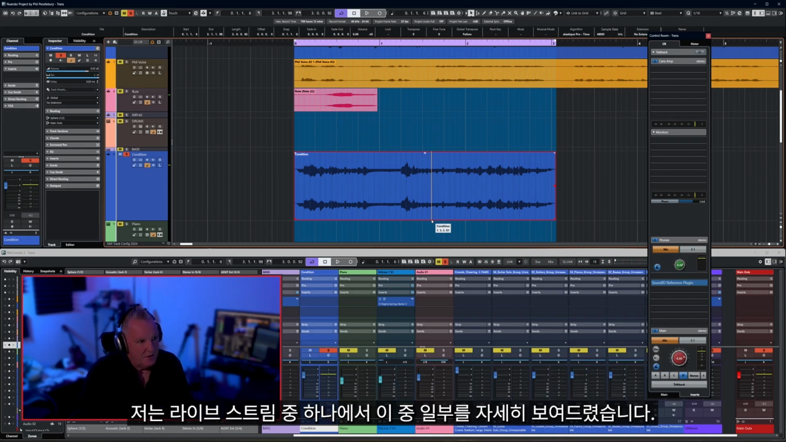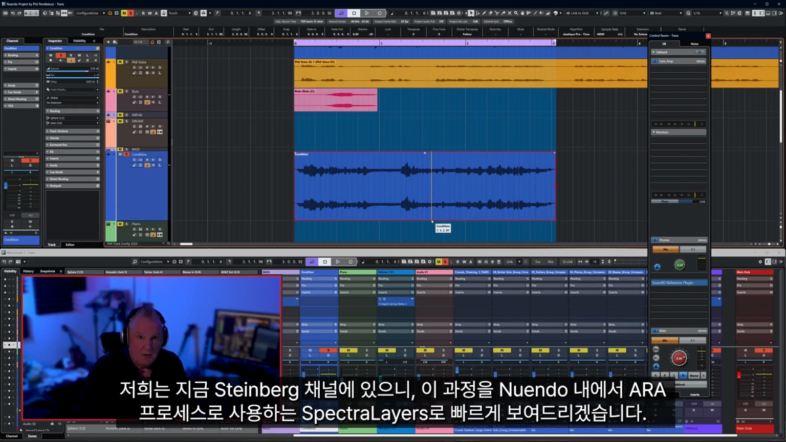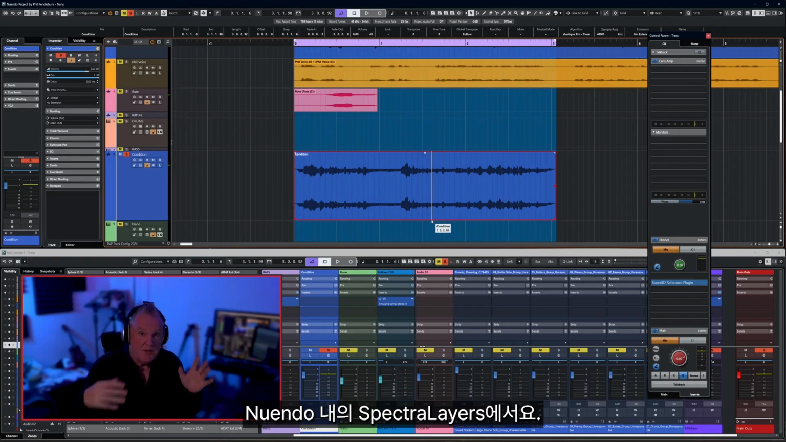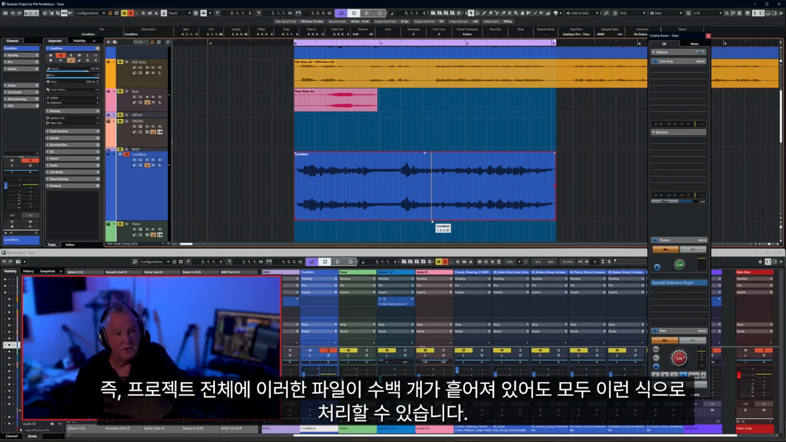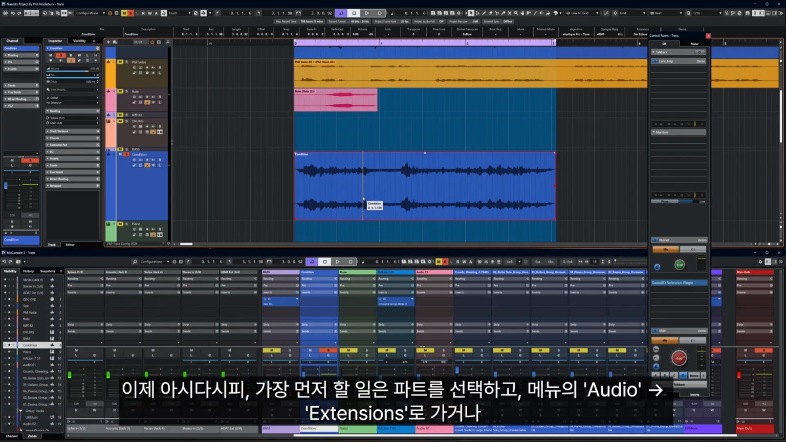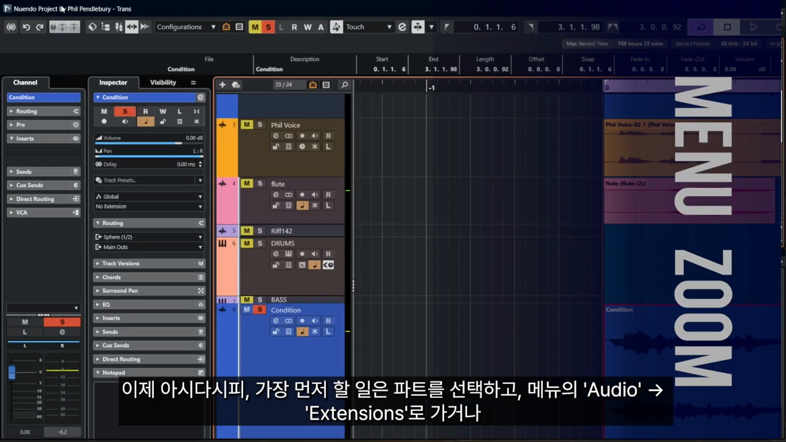I have showed you some of this in fine detail before in one of my live streams. Now we're on the Steinberg channel. What I'd like to do is just quickly show you the process, bearing in mind that we're doing this now within Nuendo, in SpectraLayers within Nuendo as an ARA process. So that means if you have 100 of these files all scattered along your project, we could deal with them all just like this. So first thing we do, as you know now, select the part